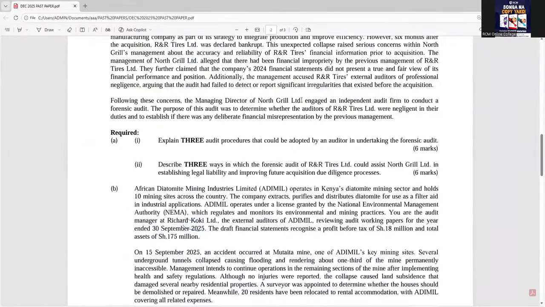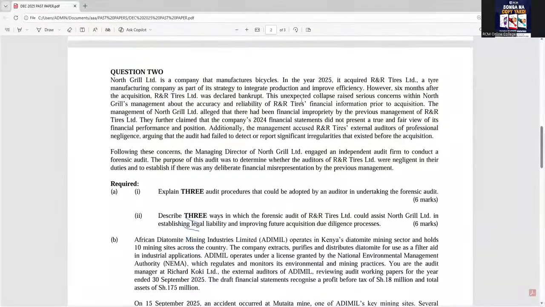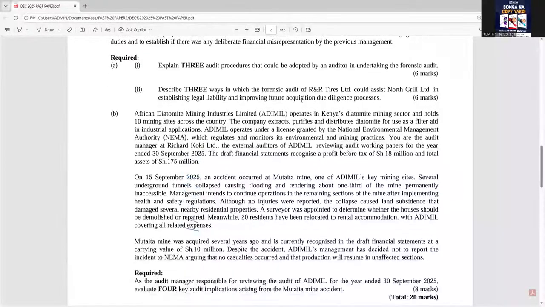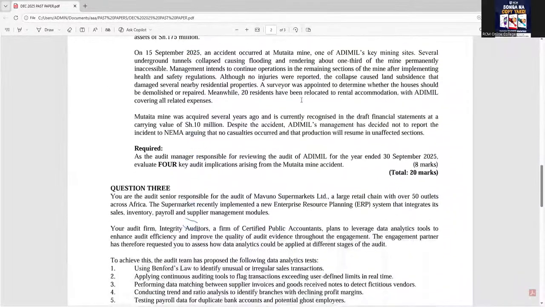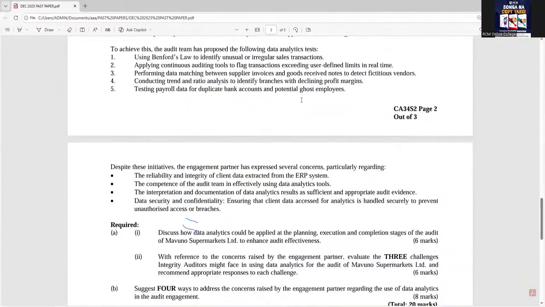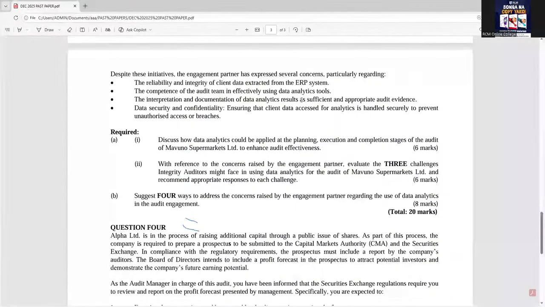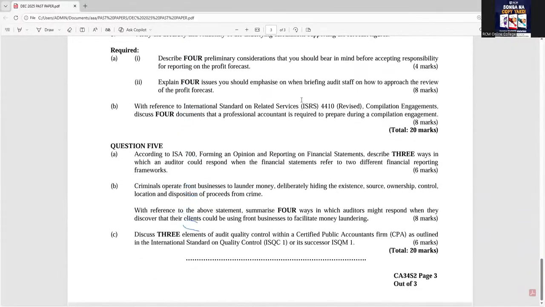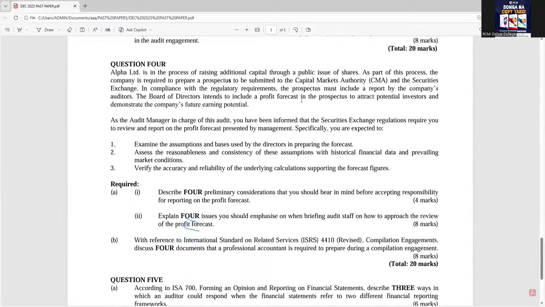So you can see how they test advanced auditing. You're given long stories, then a question. So the case study kind of questions in advanced auditing and assurance. This is not as to how you got used to having to answer questions in auditing and assurance. So for advanced auditing and assurance, it is very important you understand how can I end up having to break down a question? How can I end up having to utilize the knowledge I have learned in class to be able to answer the questions?